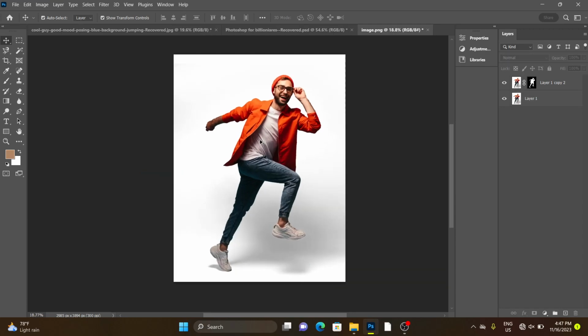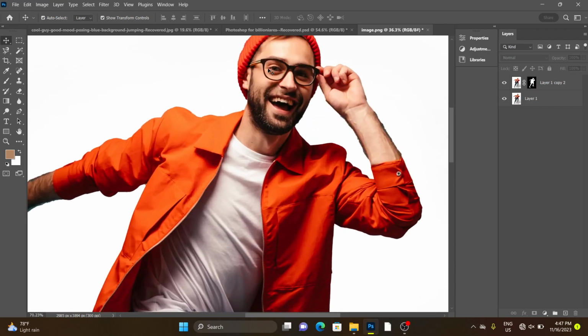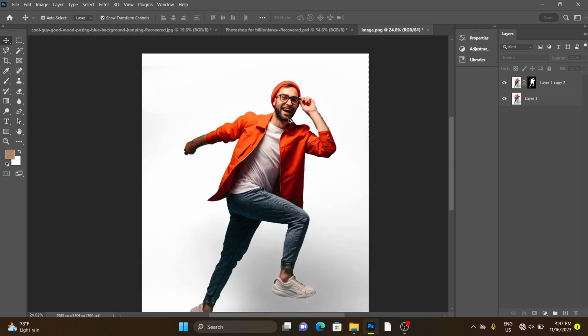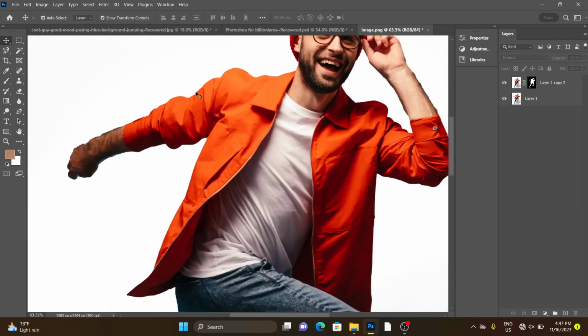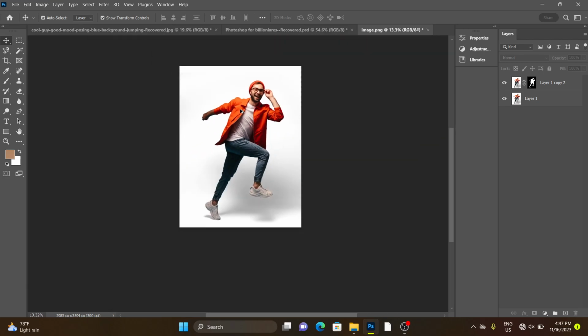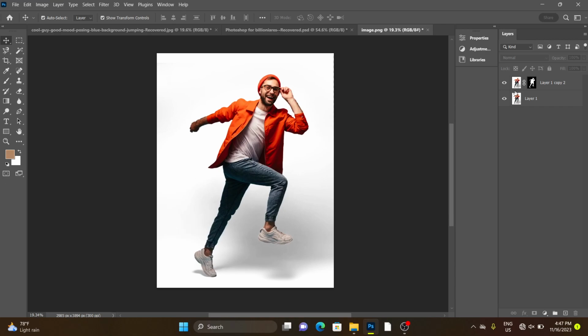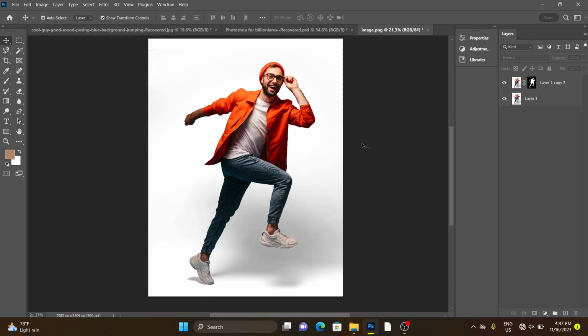Okay, so the reason why I did this is because I wanted to remove all the fringes around this image. I didn't want any white parts to be left. Because there are times that after removing a background, you see some white parts, especially when the background is a bit dark. The reason why we were not able to see it is because the background is light, it's white. So we're not able to see those fringes. So that's what I removed using select and mask. Okay, so moving on,